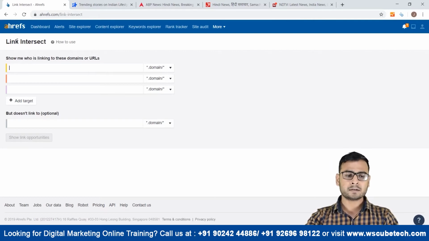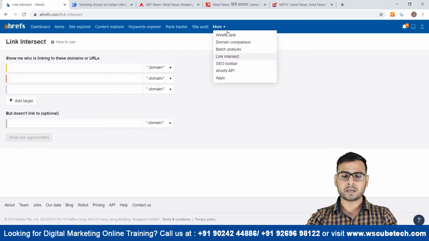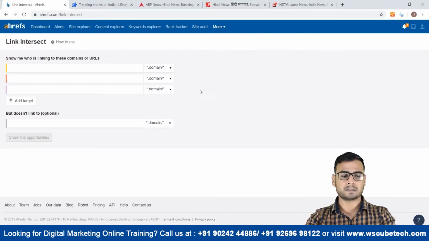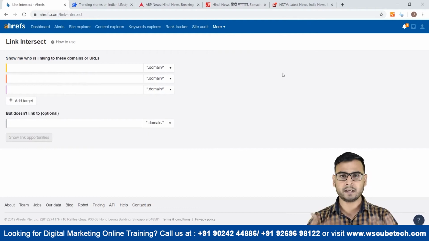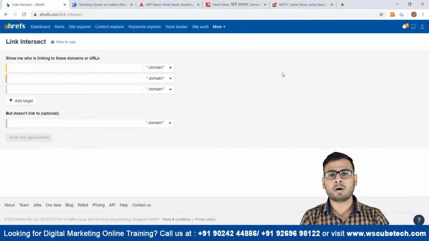So guys, the Link Intersect tool, if you can see on my laptop screen here, we have to click on this More section, then go to Link Intersect, and you will be redirected to the dashboard like this. Here you have options where you can put some domains or URLs and see how many links are intersecting between them, right? If we talk about the definition, then link intersection is basically